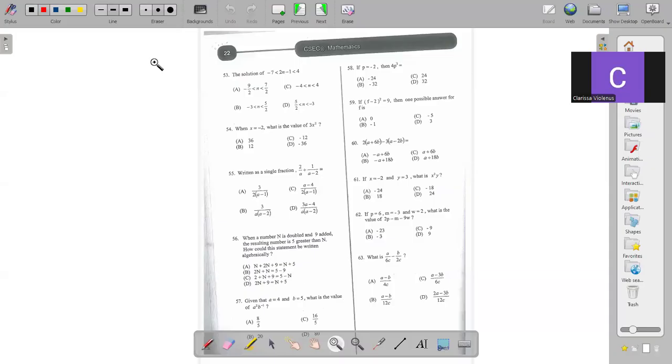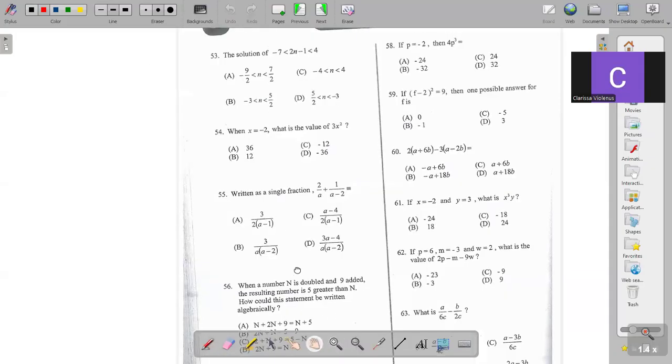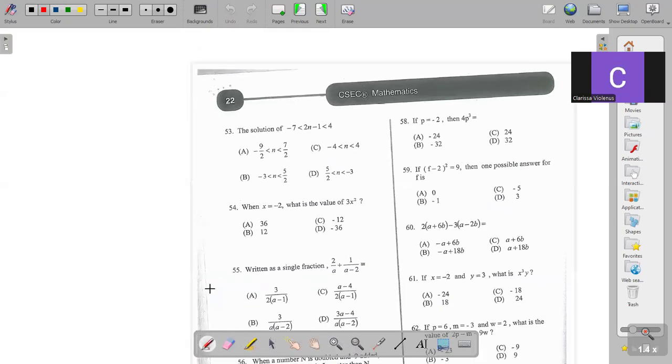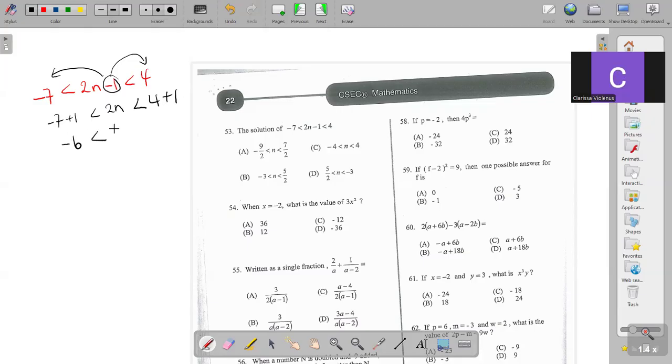All right, so we're going to get right back into it. So when it comes to this inequality, we solve it just like any equation, but we just have to be mindful of the rule where if you either multiply or divide by a negative number, the direction of the sign changes. All right, so because we want to solve for n, we need to move minus 1. And because it has both sides, we got to move it to both sides, right? So we're going to end up with negative 7 plus 1 is less than 2n, less than 4 plus 1, right? So we're going to end up with negative 6 is less than 2n